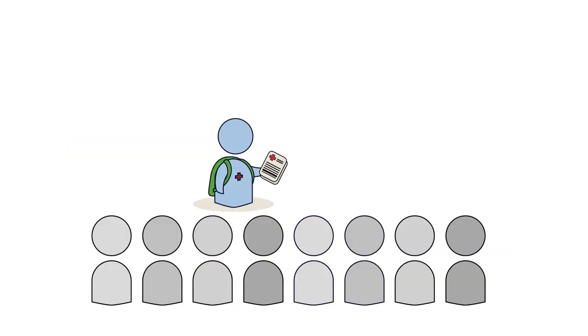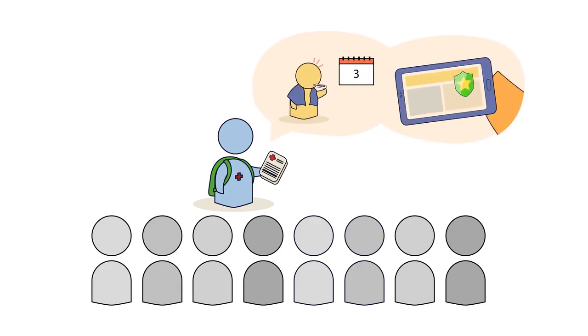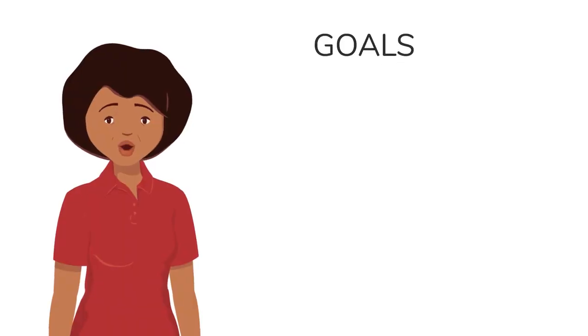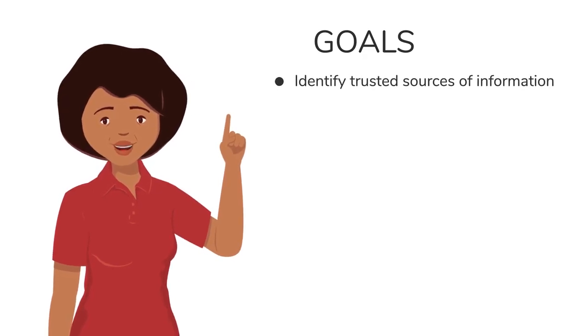As a community health worker, you can share accurate information with people about vaccination and help them identify trusted information on their own. This is part of the important role you play to encourage vaccination and support community members through the vaccine process. In this video, we will identify several trusted sources of health information,